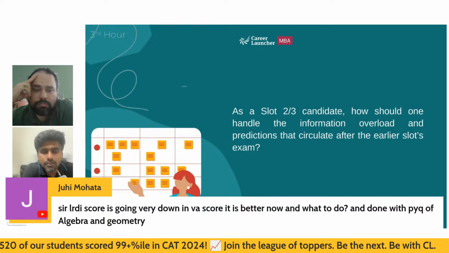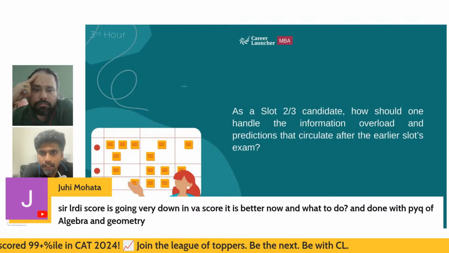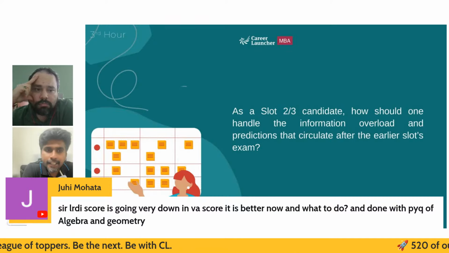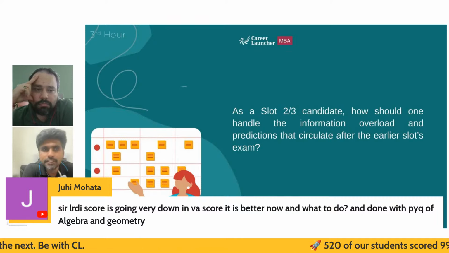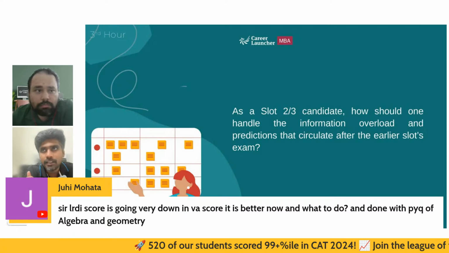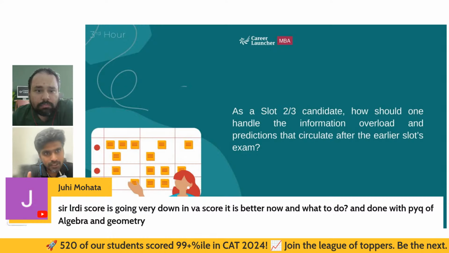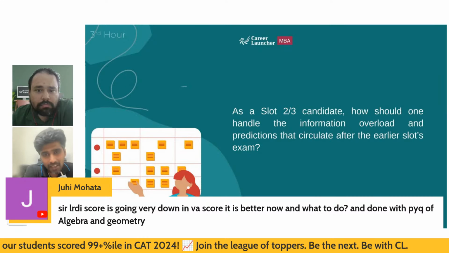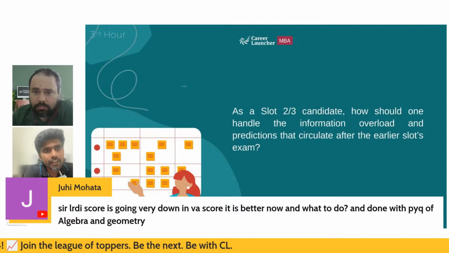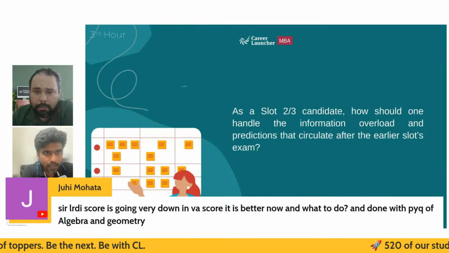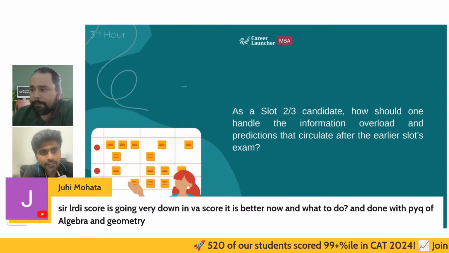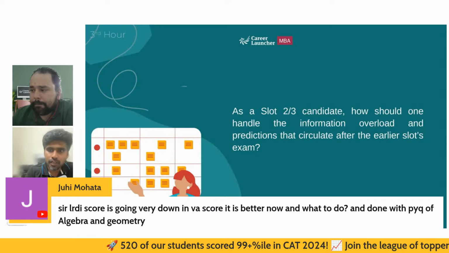See, I think Juhi, if the DILR score is going down, the data in your question is insufficient for me to answer. Why is it going down? In the sense, is there a conceptual gap or is there an execution gap? After the paper, are you able to solve all 4 or 5 of the sets, or even after the exam are you requiring external help? If you are requiring external help for 2 or 3 sets even after the exam, then I think you are